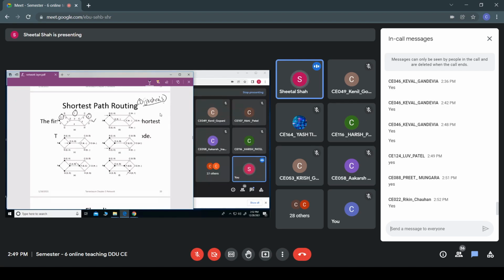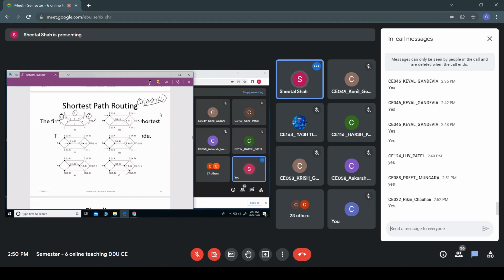Followed? And the metric used here is not always hop count, or it is the bandwidth. So the cost is decided based upon the various factors we have already discussed. Fine. So in this particular case, there would be a working set, or you can say working node, as well as a permanent node. Now if I want to start from host A, what is the first step it has to do? So I'll make this a permanent node.